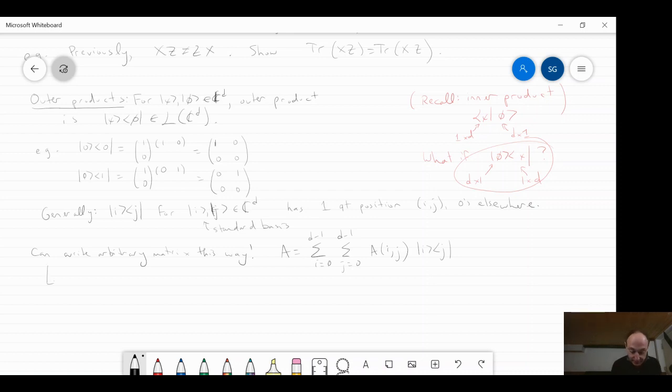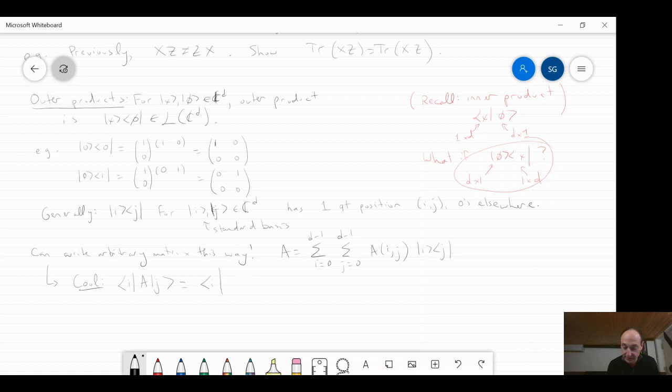And let me show you something cool. Trust me, it's cool. It is cool. Which is that, what does this do as a result? If I take any matrix A that's written in the standard basis and I take a bracket around it with standard basis vectors, <i|A|j>, I claim that what this is going to do is it's just going to rip out a single entry of A, the entry at row i, column j. So how do we prove this? Well, using this outer product representation, it's going to be easy. So let's just do it, right?